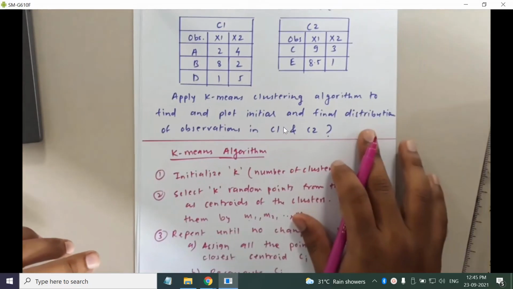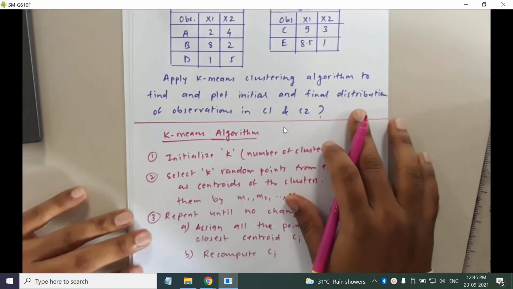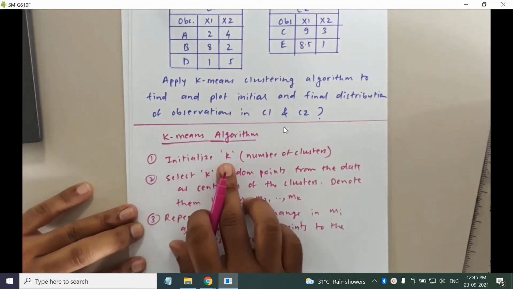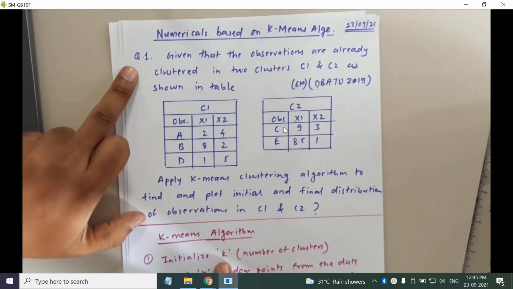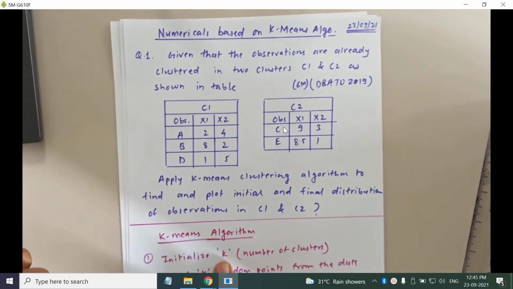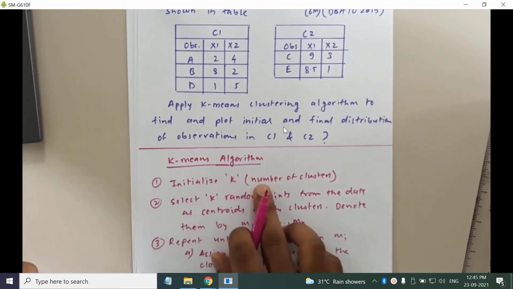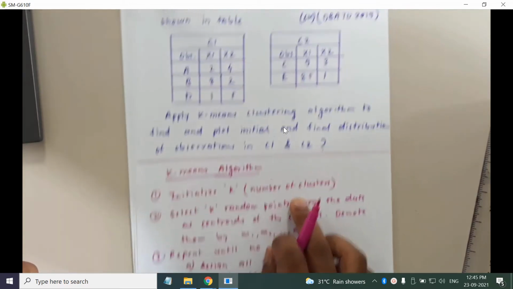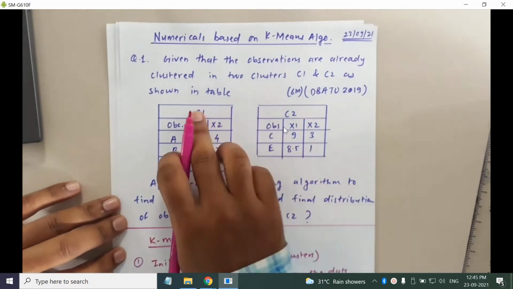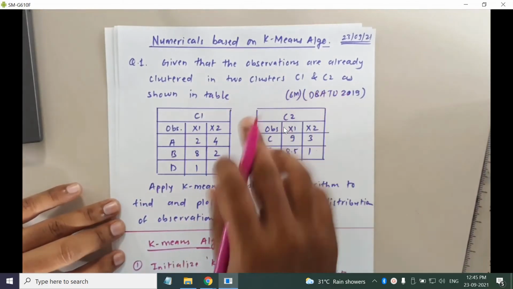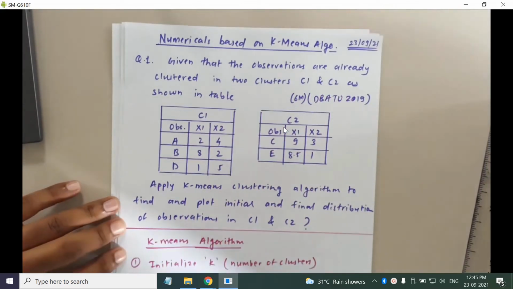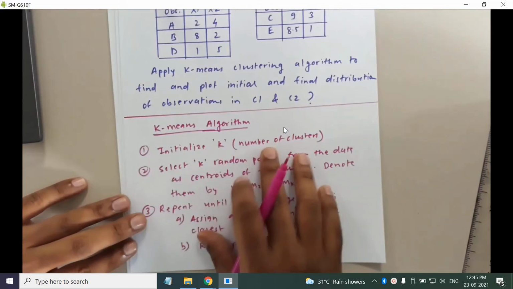So if you see the k-means algorithm, initialize k. So in this problem, what will be the value of k? Initialize k, number of clusters. K is the number of clusters. It is already given, right? So there are 2 clusters. So the value of k would be 2 for this problem. Okay. Next thing is, in the algorithm,